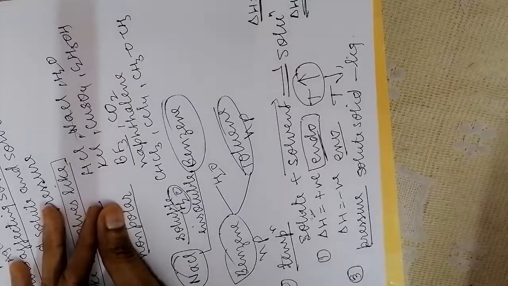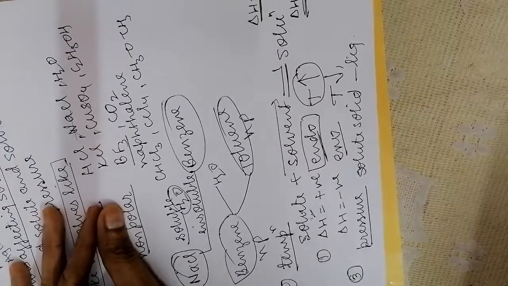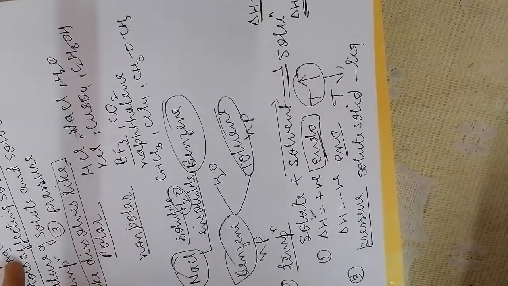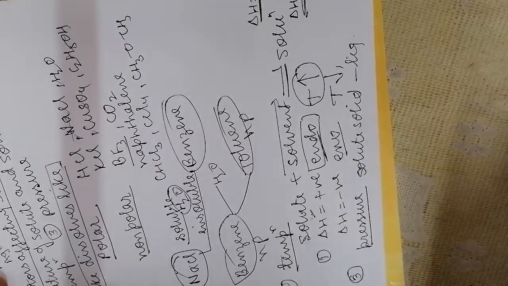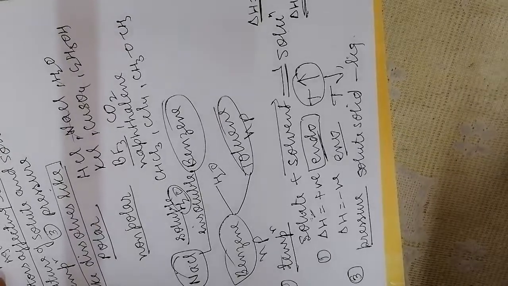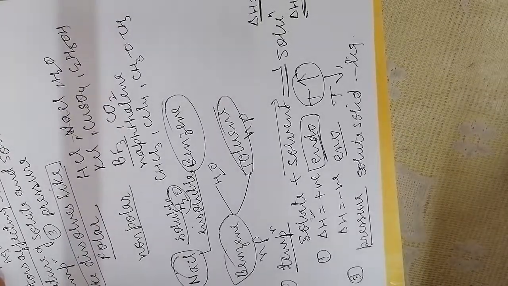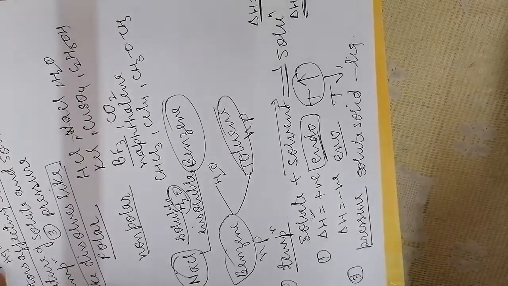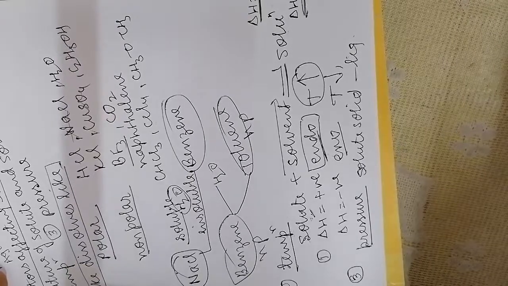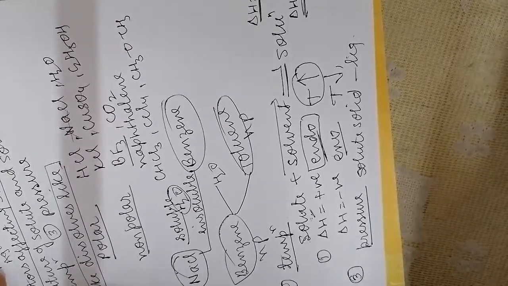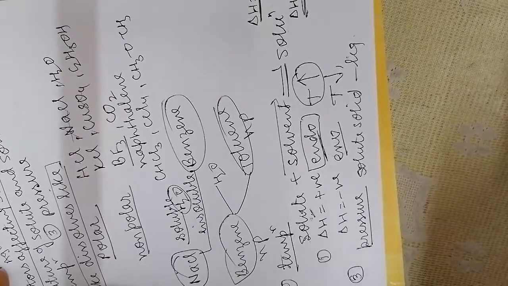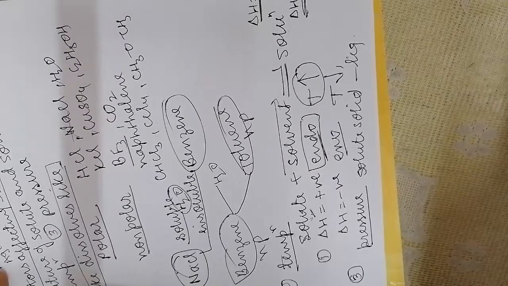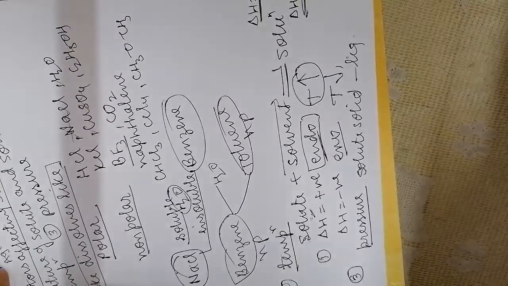So when solute is solid and solvent is liquid, the solubility is affected by the nature of solute and solvent and the temperature. Clear, students? Next, we will see how solubility is affected when gas is the solute and liquid is the solvent. For that we will do one law also, known as Henry's law. So next we will do gas solute and liquid solvent. If this type of solution is there, how will the solubility be affected? Okay, in the next video we will do that.